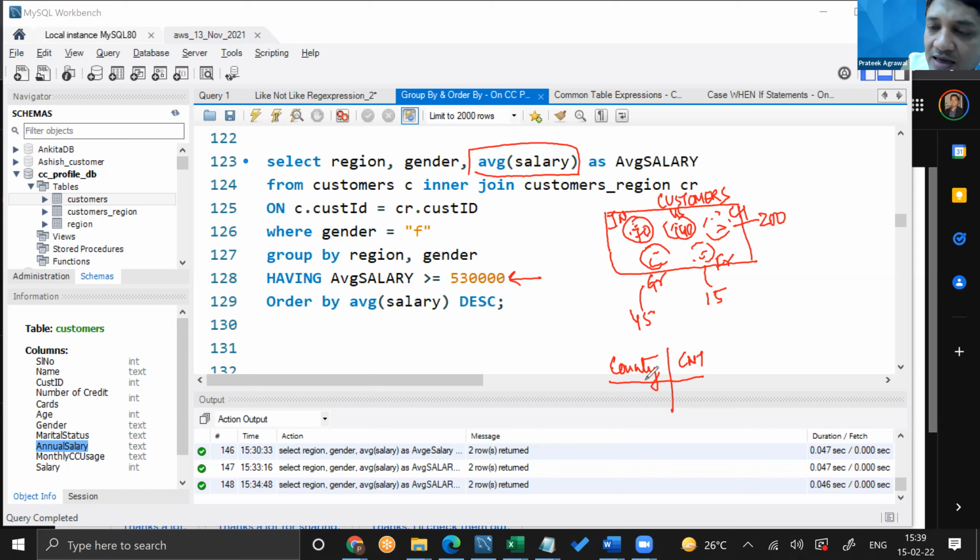The moment you say that, this column, which is count star, is a group function. So you're going to apply the condition using one of the group functions. That means you're applying the condition after the data is grouped. And in this case, you would use what?